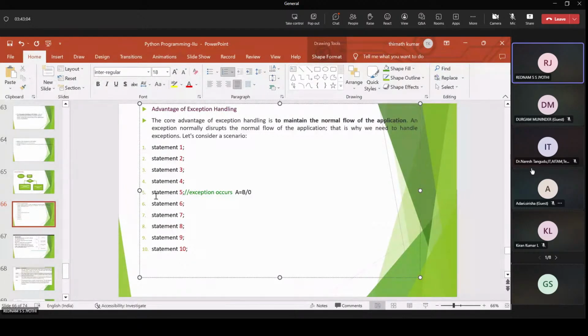At the fifth statement, A equal to B by 0 is not defined, so the control exits abnormally. The rest of the code will not execute.